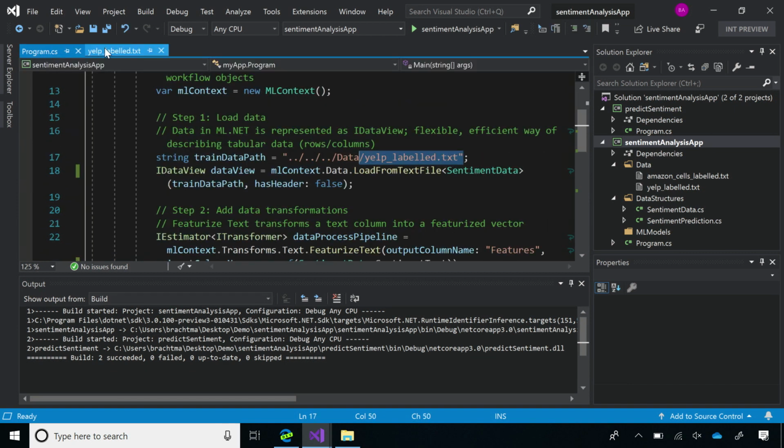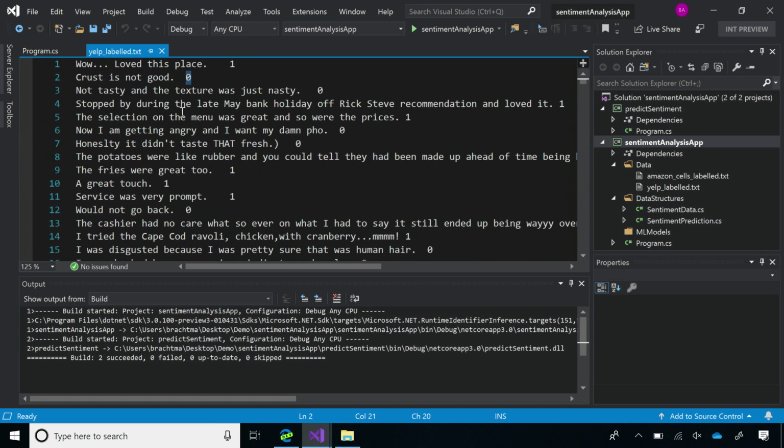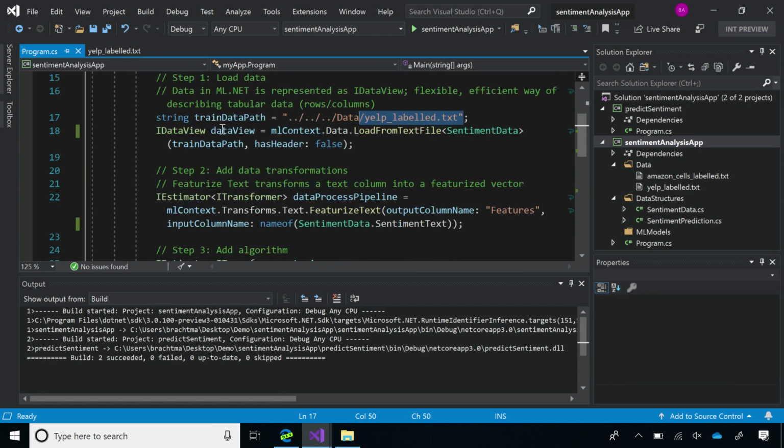Right, so this is our data source. This is like the SQL database in this sense. In this case, it's just a text file, but this is our data set right here for training. Then you load in from a text file, where you have your data path here. You're specifying that there's no header. And if we look into this sentiment data.